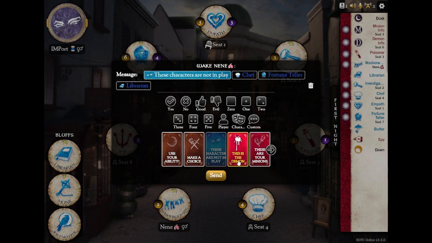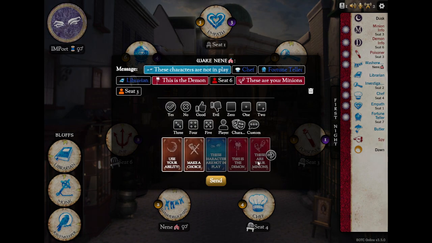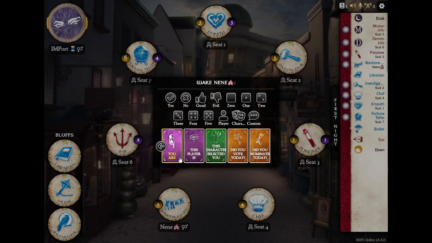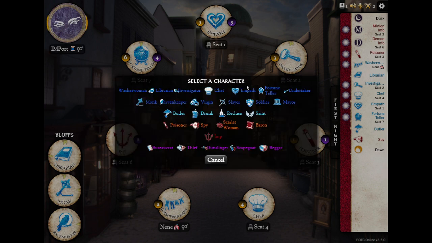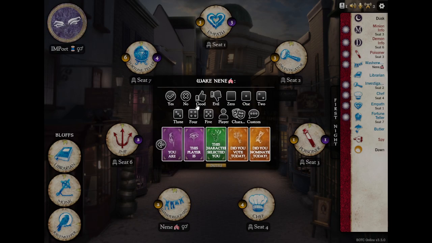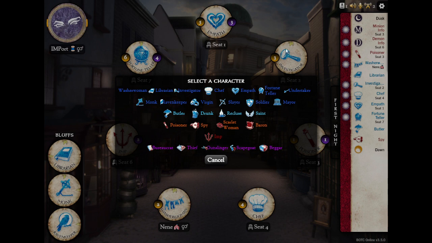To minions, you can send this is the demon token, and you get to click the demon. For your demon, you can click these are your minions and select your minion. If for some reason someone loses their token, you can click you are and then whatever token they are, or if their token changes, if their character changes, you can send them the token that they have become. This player is, if they need to learn about a different player, you can select a different player, and then